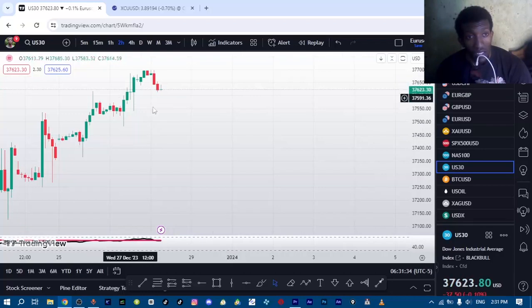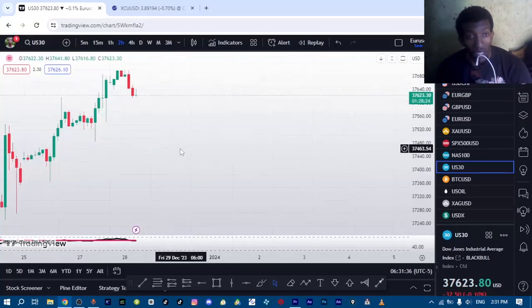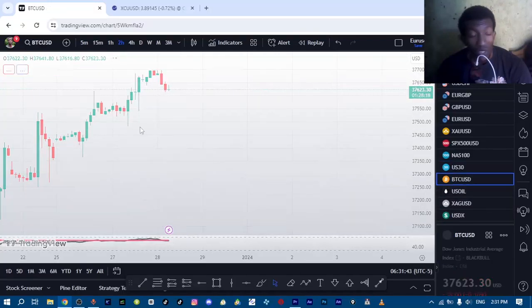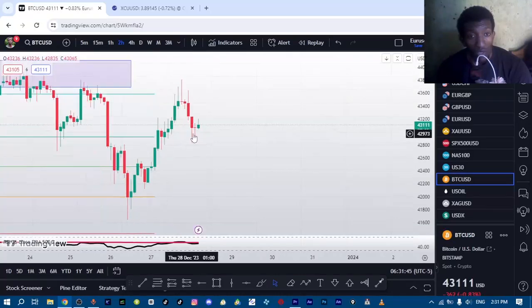indices. This is an index, so US 30, Wall Street. So we don't have any trade like the S&P 500. There is no trade on the cryptocurrency, on the